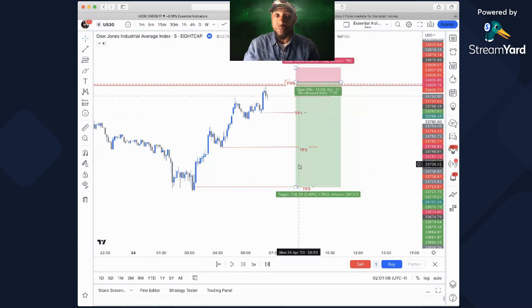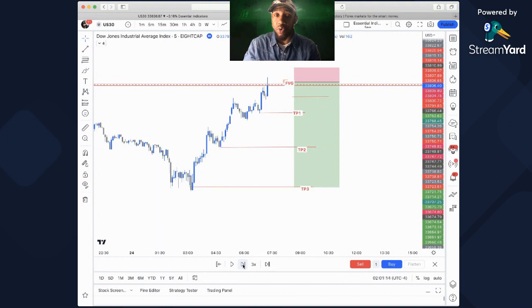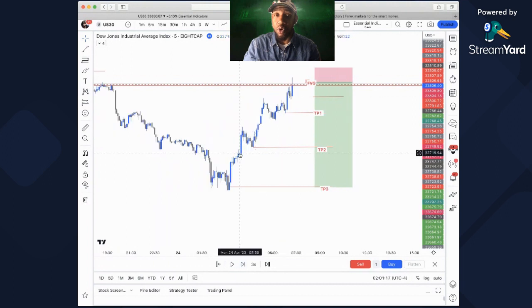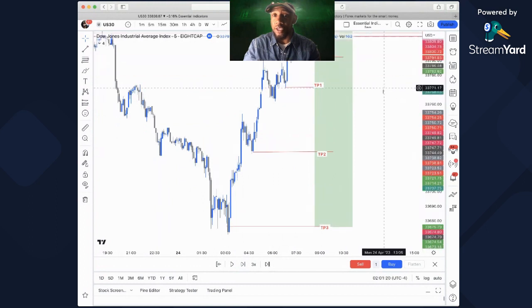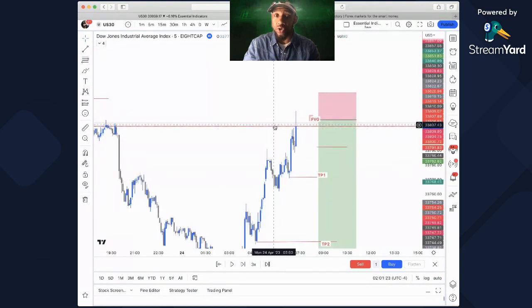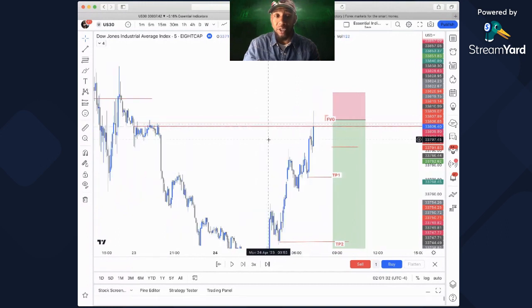But anyway, we are in replay mode, and I'm going to move forward a little bit to show you why I was going for sells. So right here, in case you were wondering, this area I drew is the new week opening gap. This is something new that Michael Hudson goes over. That's why you really didn't hear me talk about it a lot. I was just testing it out. It's basically the difference between last week's Friday close and this week's Sunday open. So that's what this area is here.